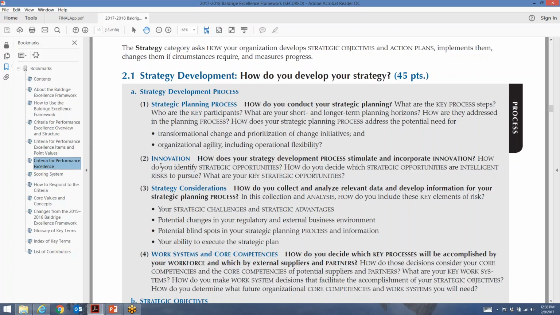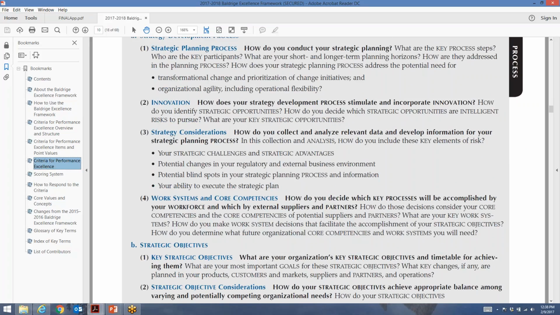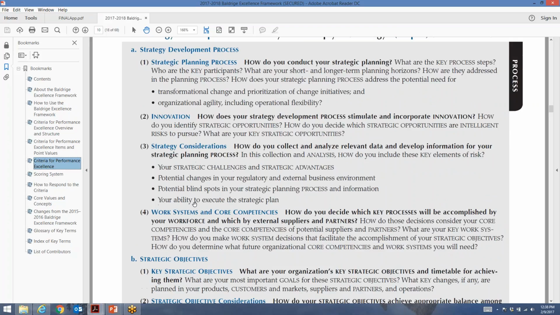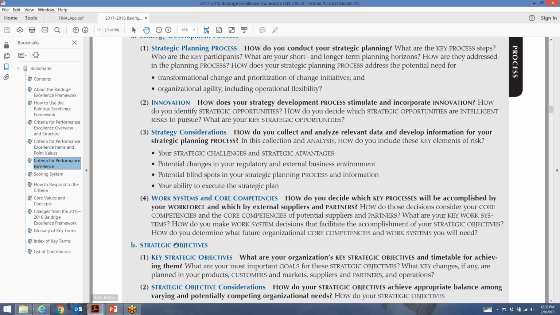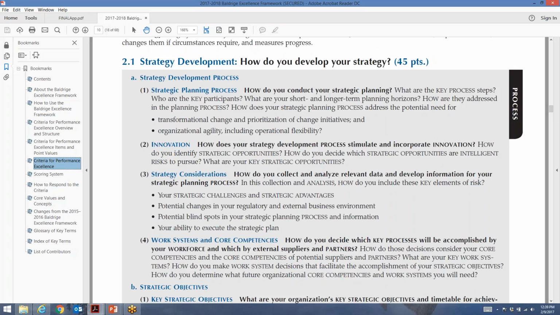So the basic level then is going to be these bolded words right here. And so an examiner team, when they're looking at this and saying, hey, did you really tell me basic or overall, they're really evaluating how many of these overall questions you answered. So if you gave me your planning process, but you really didn't tell me anything about work systems and core competencies, or about strategic objectives, well, you kind of left out half of this item. I'm leaning more towards basic than overall, which is just up here.